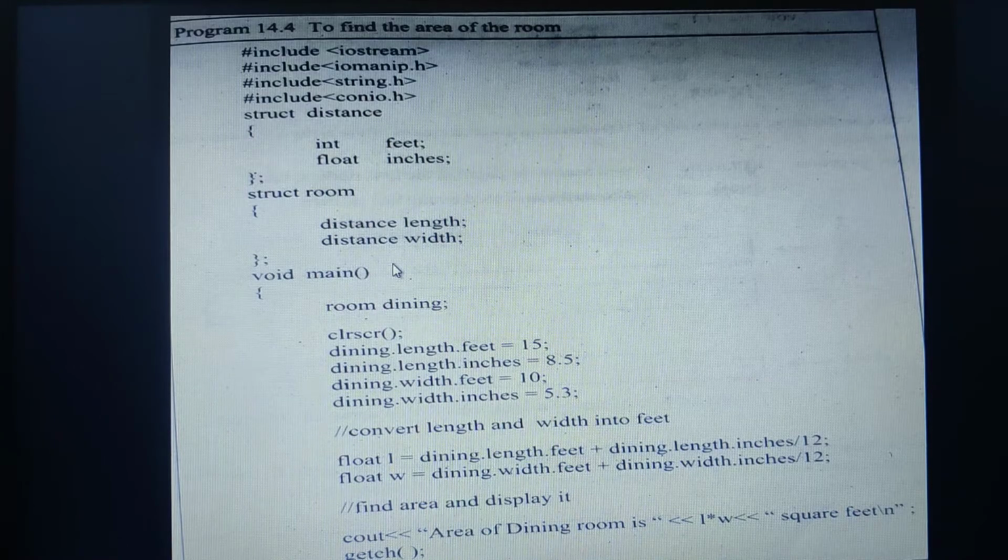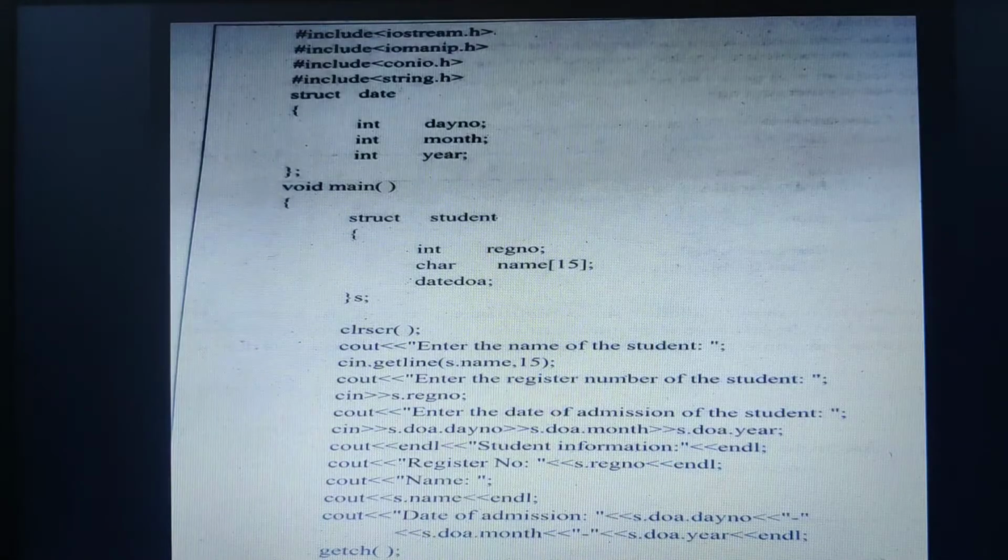In our previous example, as per this, student is an outer structure whereas date is an internal, or embedded, structure, a structure within another structure. If I have to access the date of admission, we had created a structure variable to the structure called student.